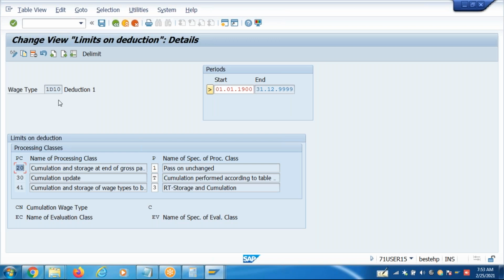What is the PCR for the processing class 20, guys? X023, sir. So at X023, what do we do with the deductions?